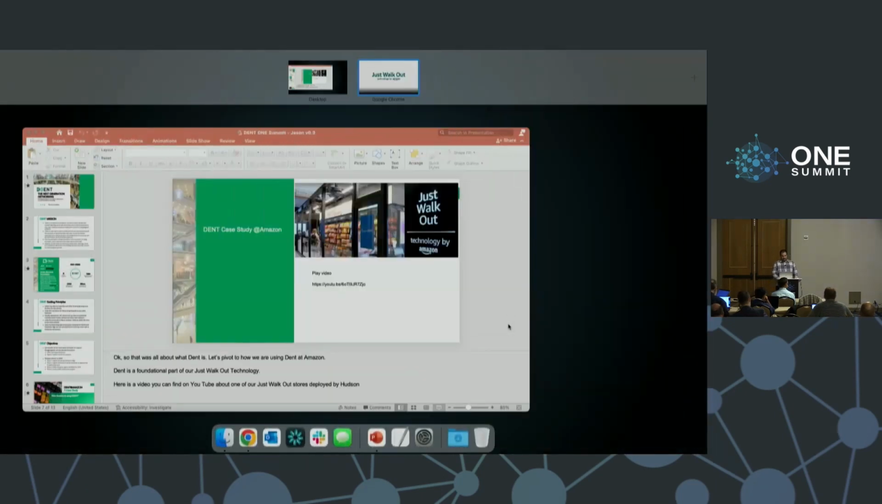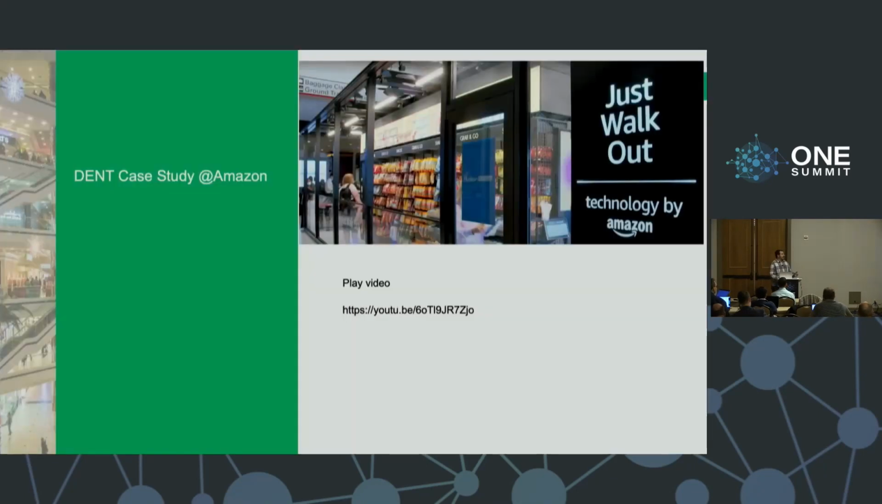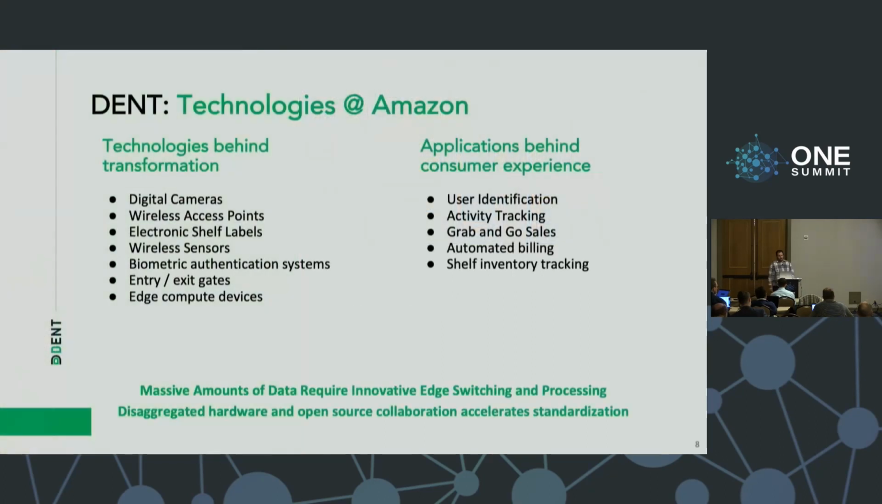So that gives you a little taste of what it is that we're trying to provide at the edge. And so if you think about what you saw in that video and what's making that shopping experience possible, it's a whole host of digital cameras, wireless access points, electronic shelf labels, wireless weight sensors. You may not have noticed it, the device that they were putting their credit card into to enter is also a biometric device that uses a technology we have called Amazon One. There's entry-exit gates, there's edge compute devices that drive all of that. And when we